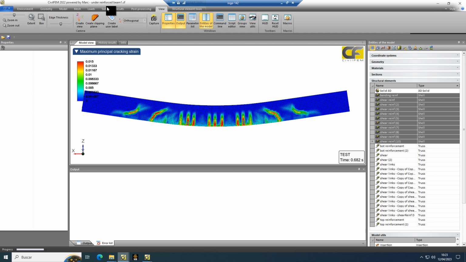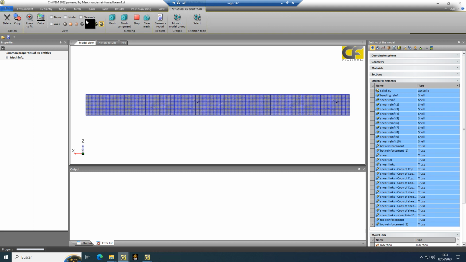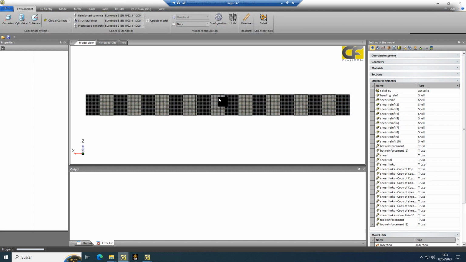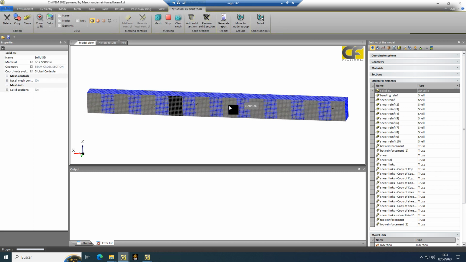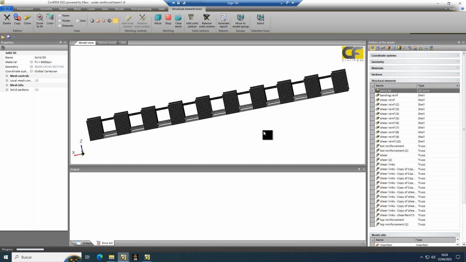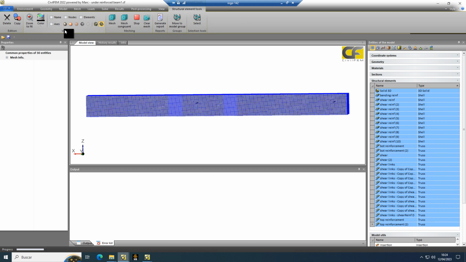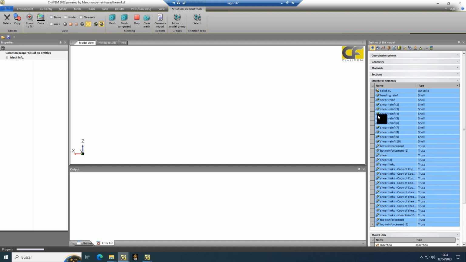So what we have done in the last model is adding all these shear reinforcing, which is adding these strips to the model, and so we are giving some extra capability to the model. And then if we plot crack results, we can see just in the concrete part,